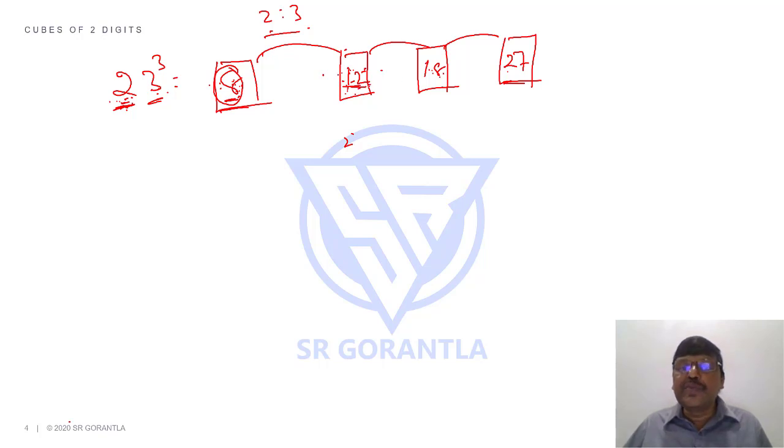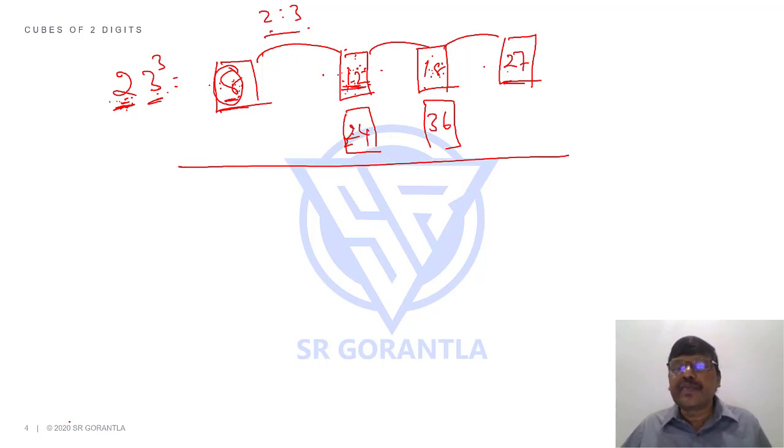Again, these two should be in the ratio 2:3, which means 12 by 2 is 6. So this is 6 times of 2, which means 6 times of 3 will be 18. 18 is to 27. Then what should we do? We discussed: below the second and third numbers, I write double of the numbers. 12 means 24, 18 means 36.